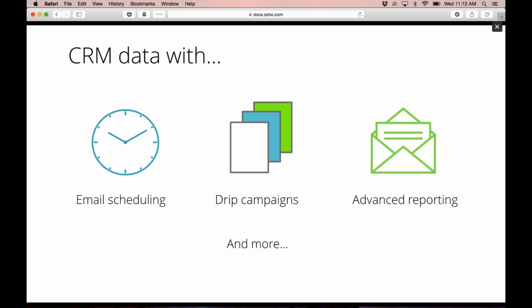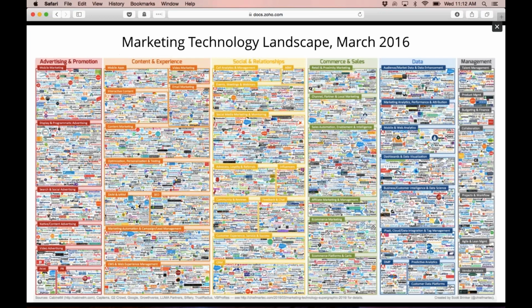You want to get the nitty-gritty on what's going on, so you can improve maybe what time you're sending out the email, or improve that drip campaign, or just improve an offer that you're sending out. And of course, you want to do much more than that. Now, the problem is that CRMs are ultimately not really that good at doing all this stuff, which is why